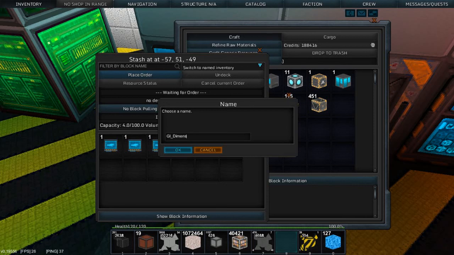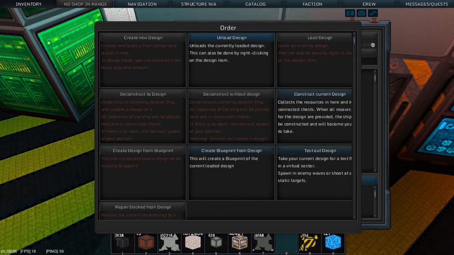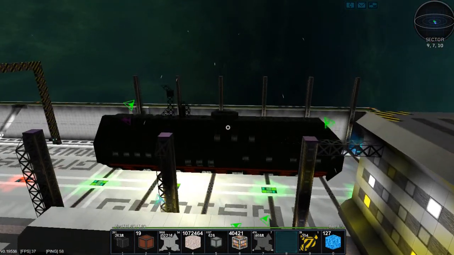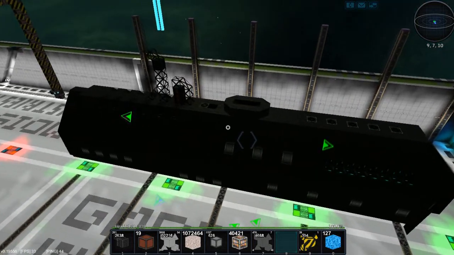Dimensional. Learn something new every day. Indeed. So now we can place order. Oh, is it loaded? It seems to be loaded. If it works, we should be able to use the...